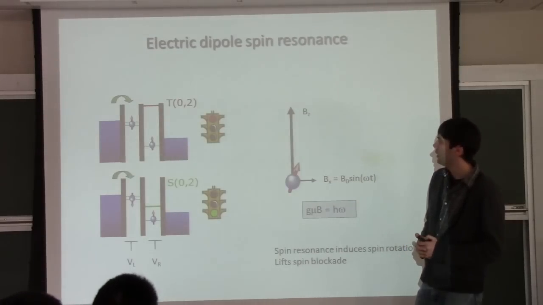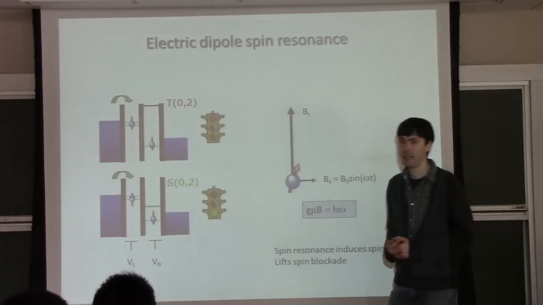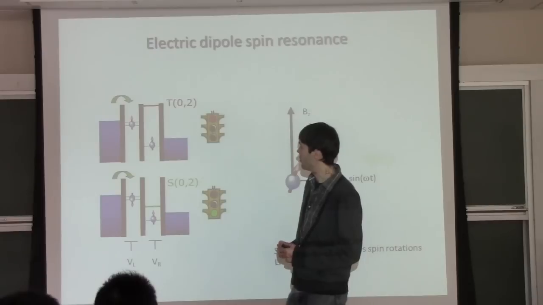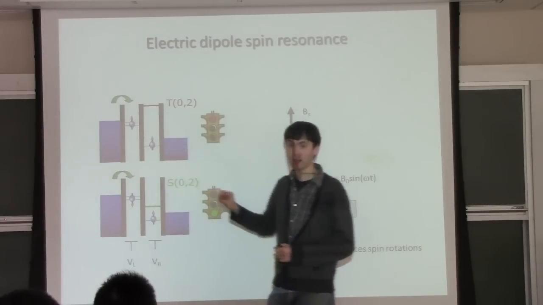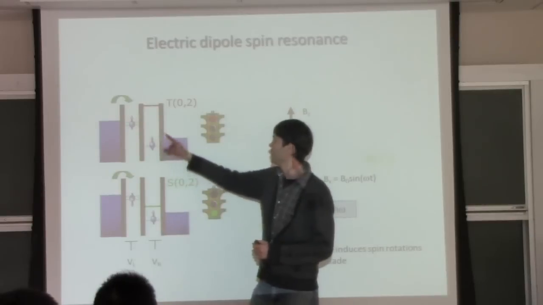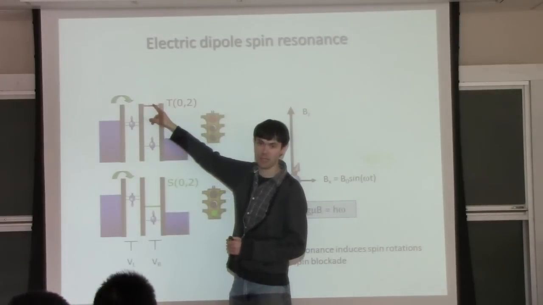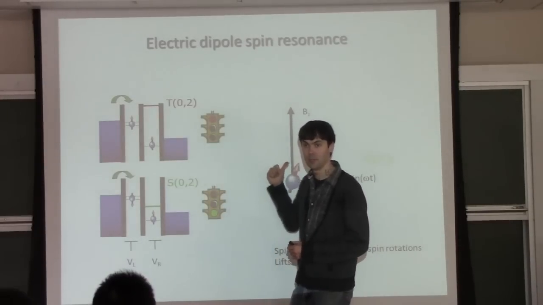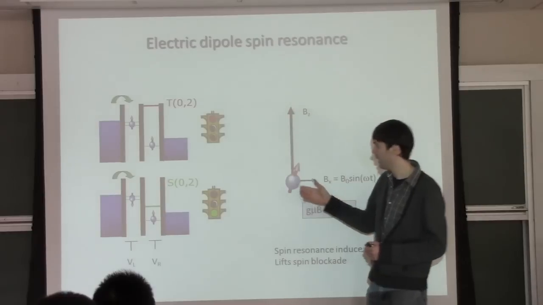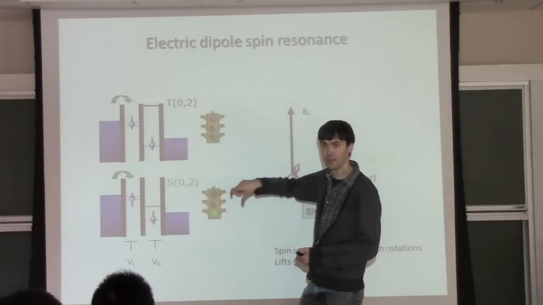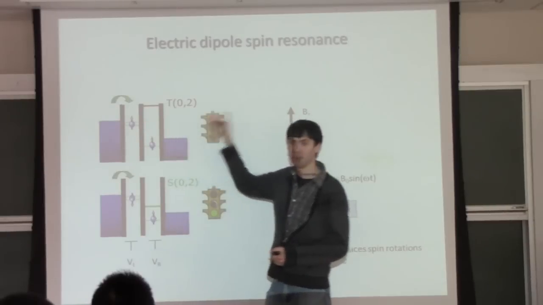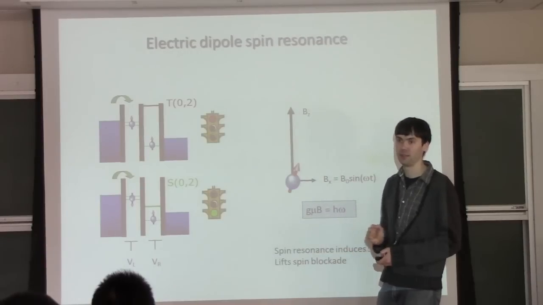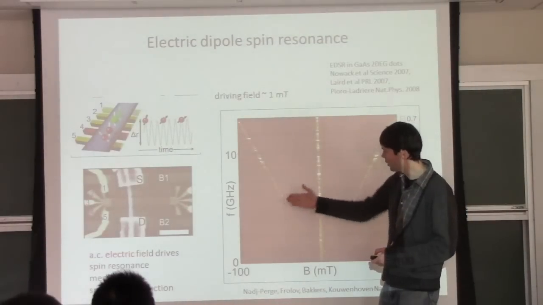So what would be the manifestation of this effect? Well, for example, if you are in the spin blockade situation, remember, if you are in triplet state, you're stuck. So you load into a triplet, and you cannot go forward because triplet 0 is up here. And you have to flip your spin to go. Well, apply spin resonance, and the spins will start to precess. And when they precess to singlet, they can go. So in a spin blockade on resonance, you expect a little extra current, which is what can be observed